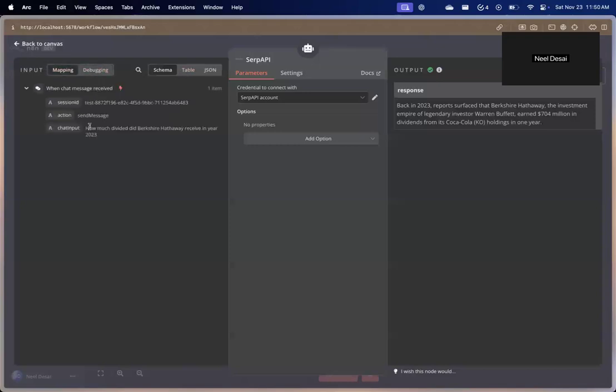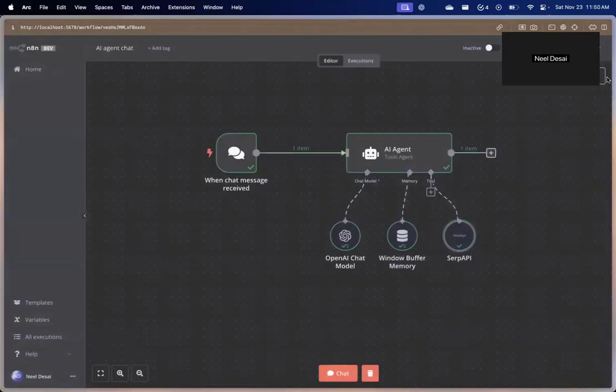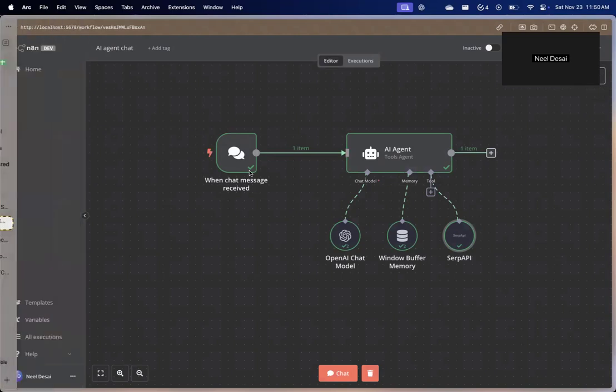Now the message it received was how much dividend was received. This was passed to SerpAPI. It searched it, gave it to our LLM, and then we got the final response. So this is how you can build a chat-based agent workflow using N8n, where your N8n is running locally. You can do the same thing on the hosted N8n,